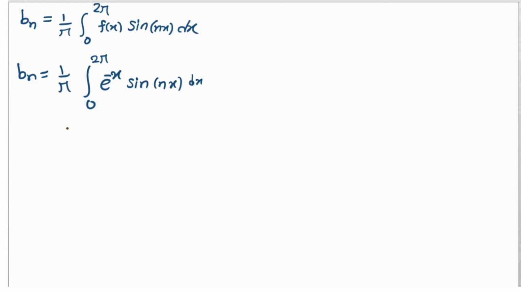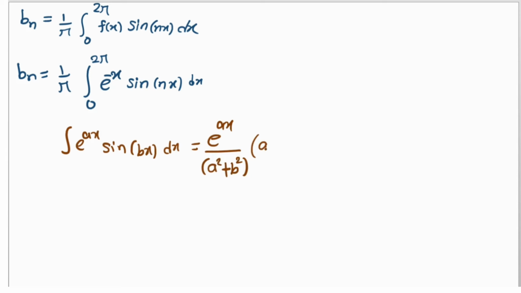So the formula is integral e raised to power ax into sine bx dx is e raised to power ax upon a square plus b square in bracket a sine bx minus b cos bx. So in the formula of sine, the middle term is minus, so minus b cos bx. So using this formula